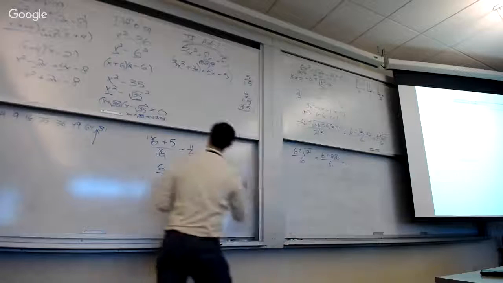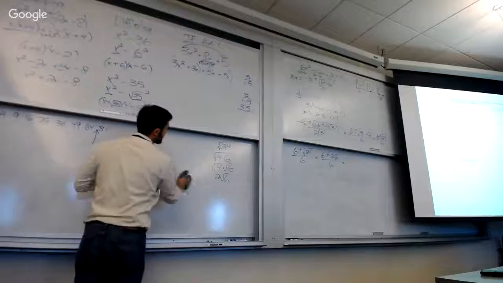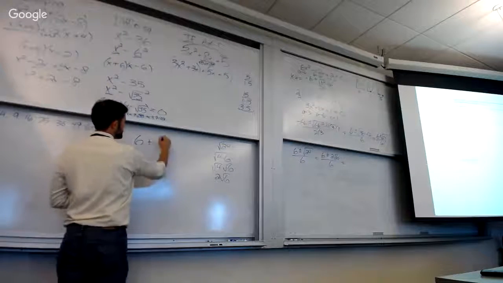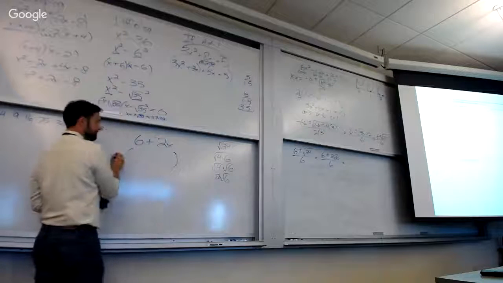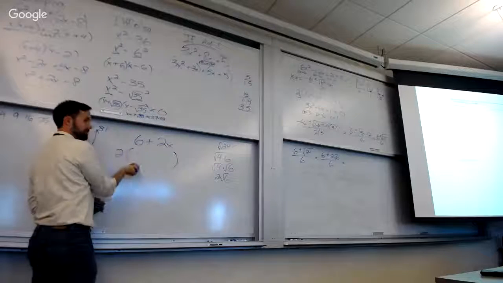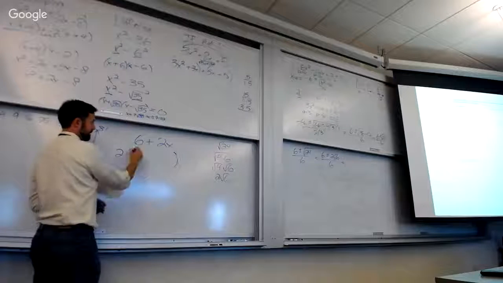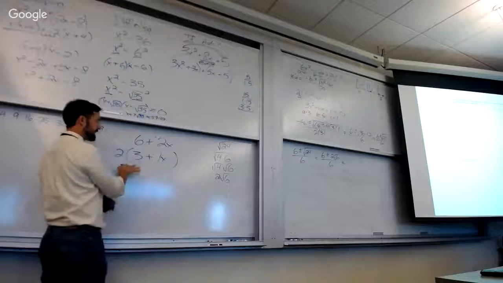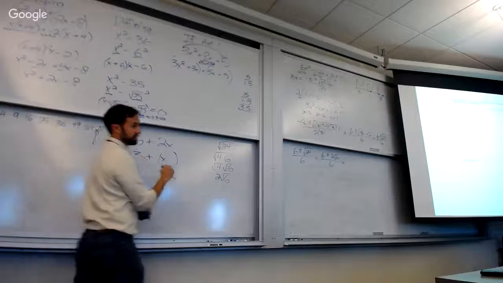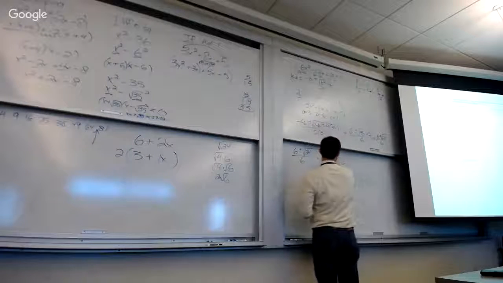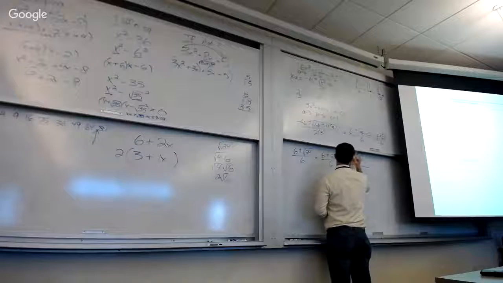Let's say that numerator, instead of being 6 plus 2 root 6, was just 6 plus 2x. What would you factor out? Just factor out a 2, right? What would be left behind? 3 plus 1x. That's exactly what we're going to do in the numerator. So the 6 and the 2 are both divisible by 2, so we factor out a 2, leaving behind